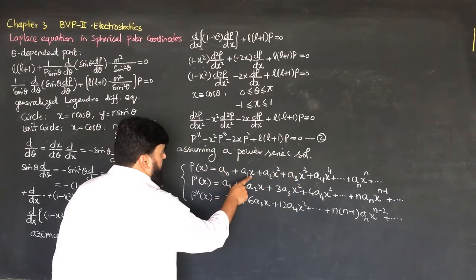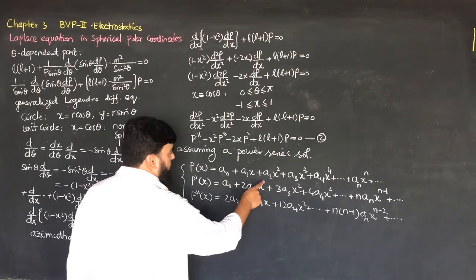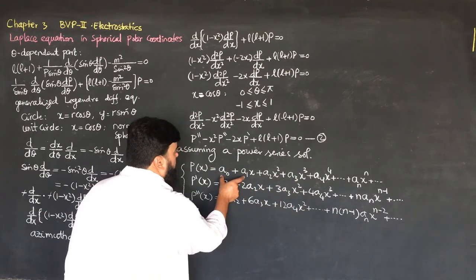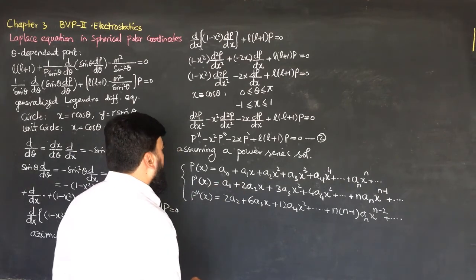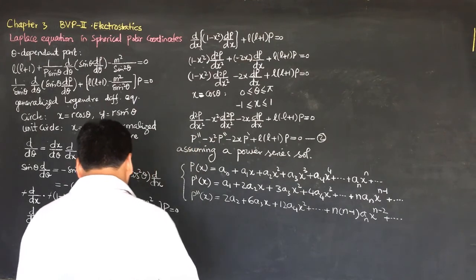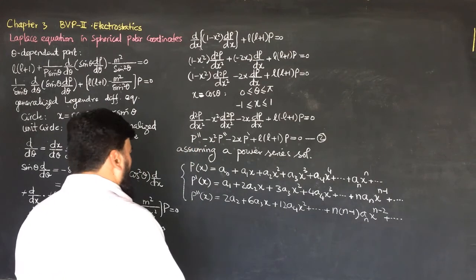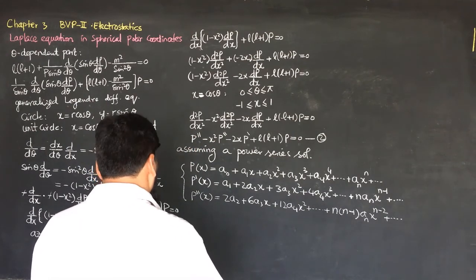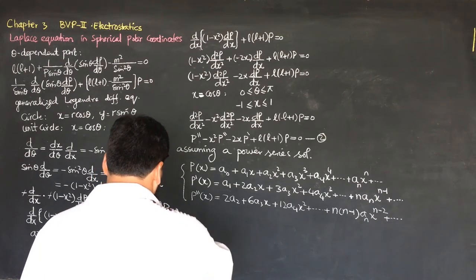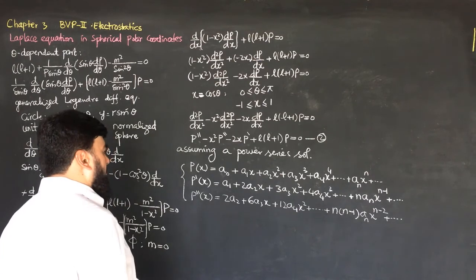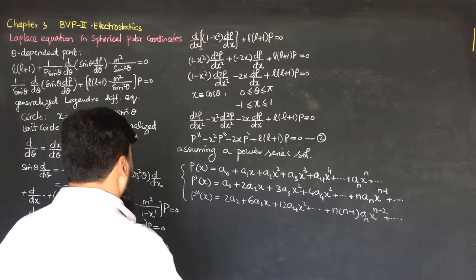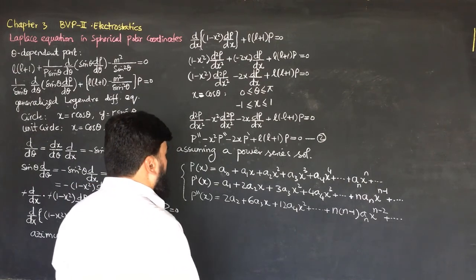Now all the x terms, which are the variables, are non-zero, so all the coefficients should be 0 in order to solve this differential equation. So all the coefficients should be equal to 0, and in order to find all the coefficients, we will have to write them